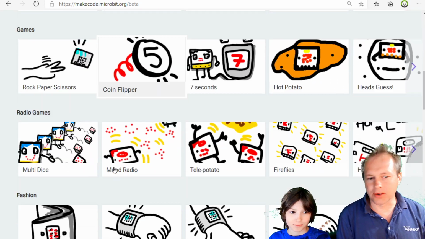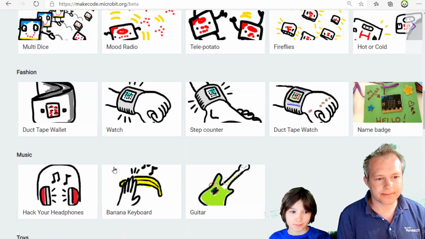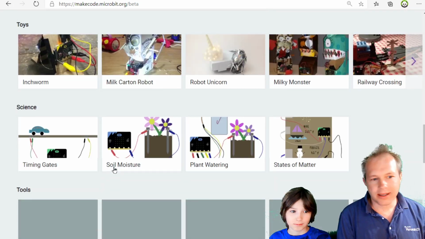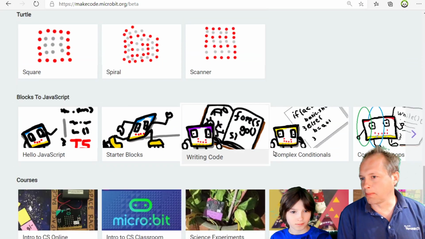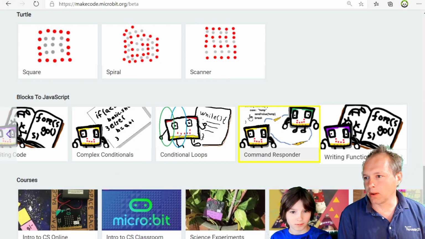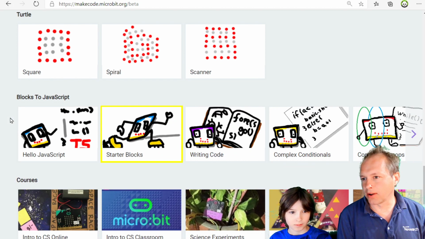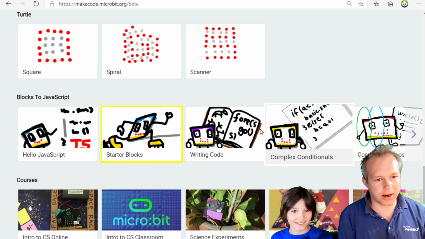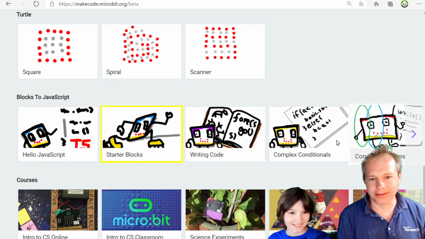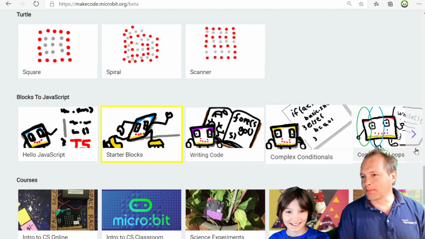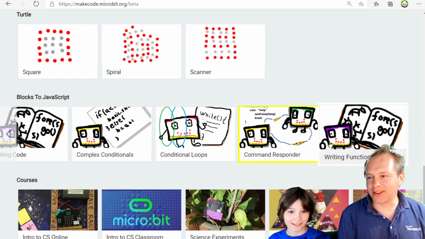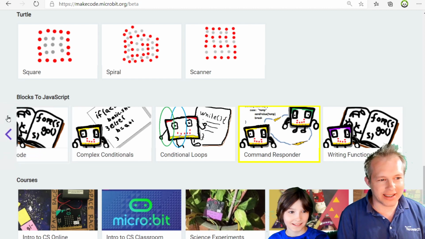We're here on MakeCode.microbit.com. Now, if you scroll to the bottom, Emil, there's a series called Blocks to JavaScript, and it's kind of a cool little course on how to migrate your knowledge from blocks. Yeah, some pretty cool art, right? So if you've done block programming and you feel like you want to get on to a new challenge,